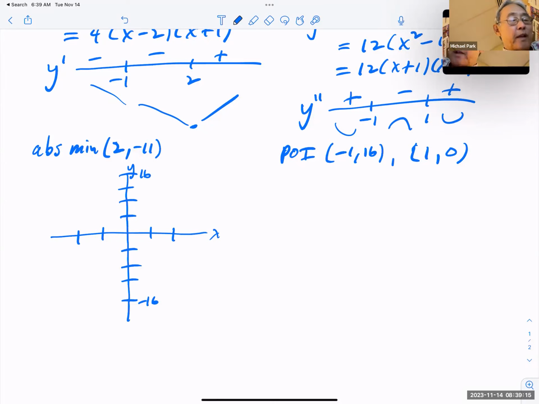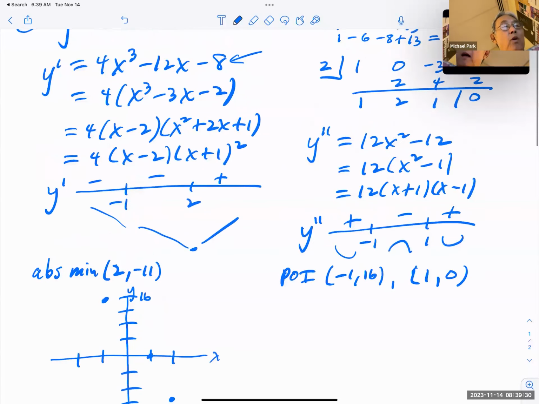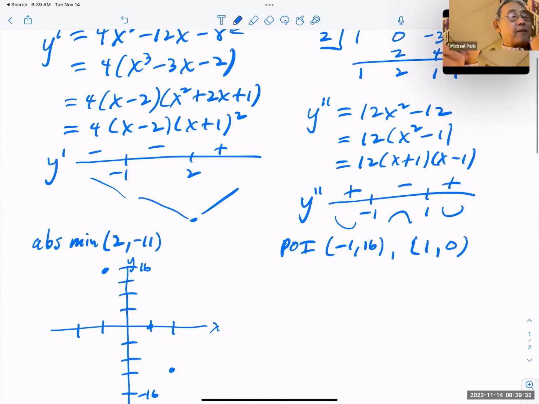So 2, -11 would be about here. -1, 16 would be up here. And 1, 0 would be here. Another point we could plot would be the y-intercept, which is 13. So if that's 16, 13 would be about there. Okay, so